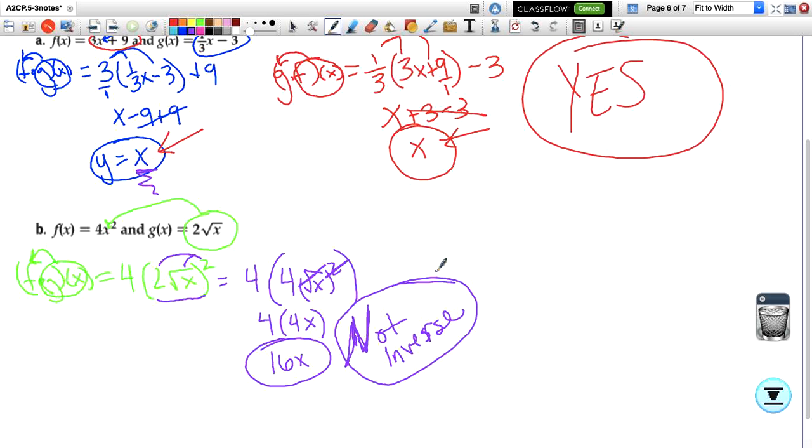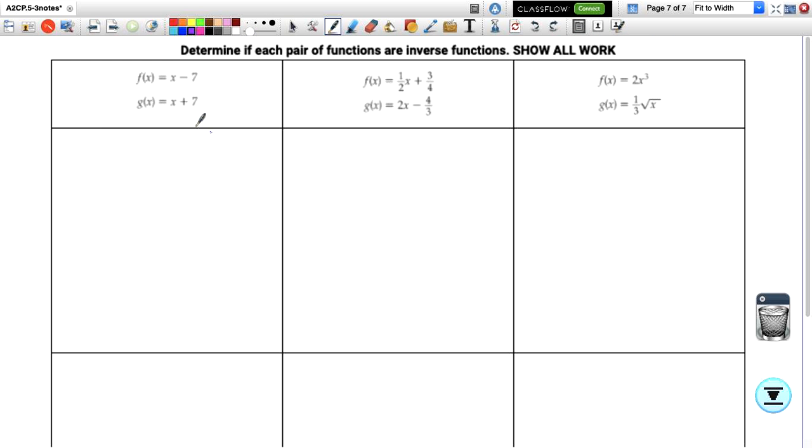So that is what you need to do for your homework. So what I have for you attached is, these are 3 problems from your book. I think it's number 8, 9, and 10 from this section. I'm not exactly sure. It doesn't exactly matter. What you are going to do is determine if each pair of functions are inverses and show all your work. So I gave you 2 boxes underneath each of these because in one of them I want you to do f of g of x and show your work. Okay, and in the other one I want to see your work for g of f of x